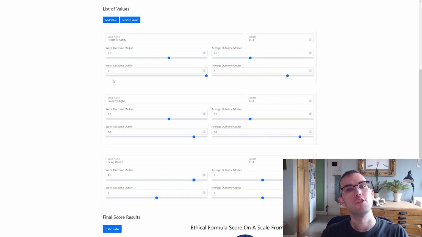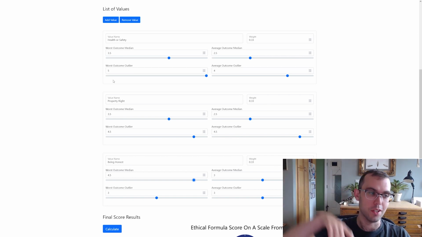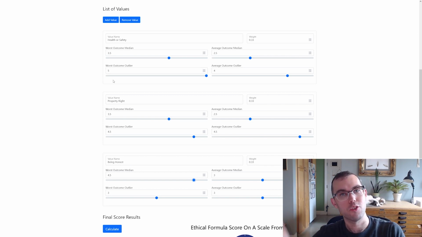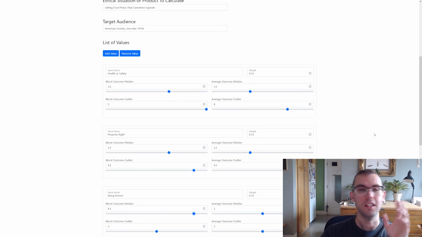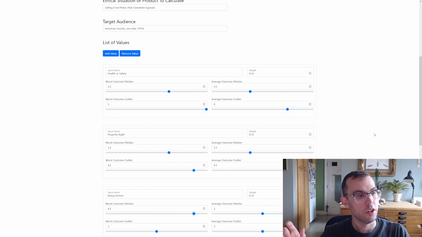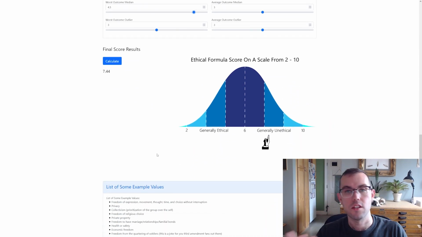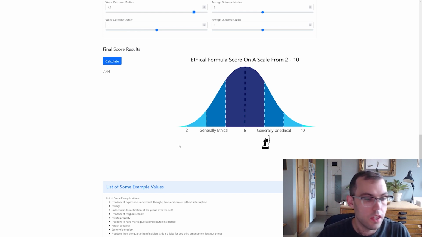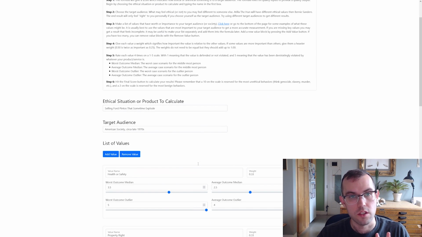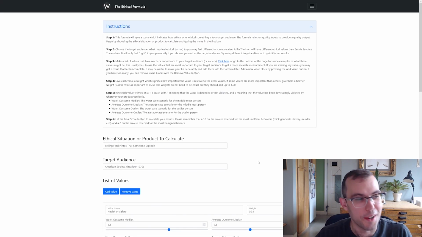That counts too. So you can't just do a pure Bentham utilitarian ethical view of things and say, well, we've calculated it up, and yeah, it's really bad for some people, but it's just one person. That counts too. So what the formula does is it takes a little bit of input from what's important for the average people, and then a little bit of input from what happens to the outliers, and combines that together to get this scale. So I think it's a really good balancing act to find that sort of ethical framework. Now, is this perfect? No, but it's as good as I think anyone has done. So I'm pretty proud of it.